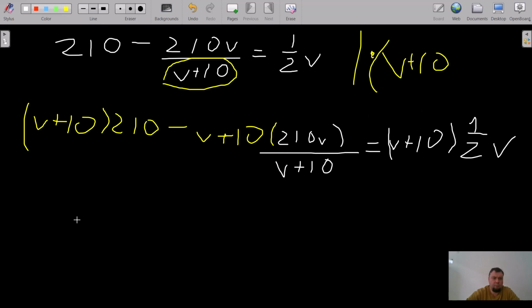So what we're going to get here: first we simplify. We need to multiply each part by each part. So it will be 210. Sorry, it's just too big. I need to make it a little bit smaller. So you'll get 210V plus 10 times 210 equals 2100